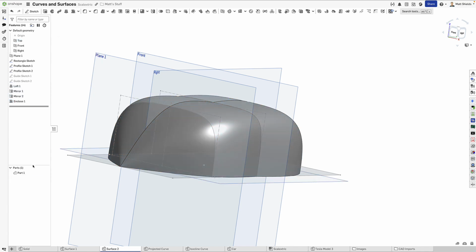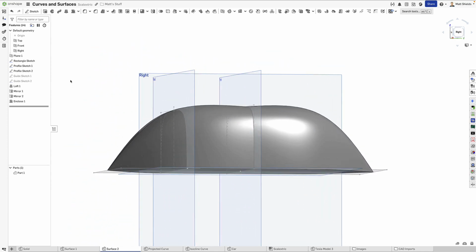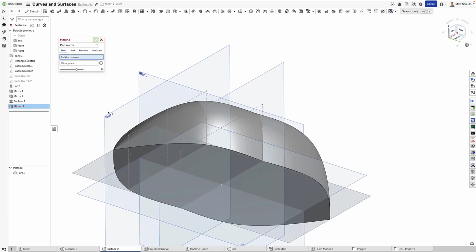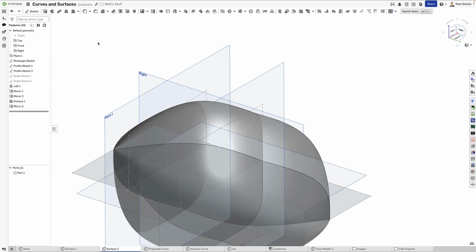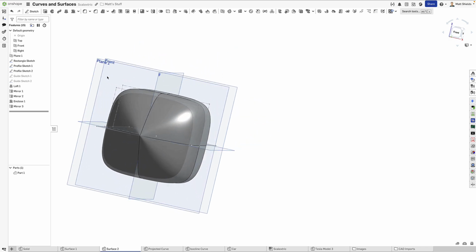And I should have a solid part. Now I have a solid part. So there it is. Again, a kind of fun organic shape. I'm going to mirror one more time. I'm going to do a part mirror. I'm going to mirror that part again over this plane. And now I have a solid that is roughly 100 by 200 by 100 tall, and that's what I was